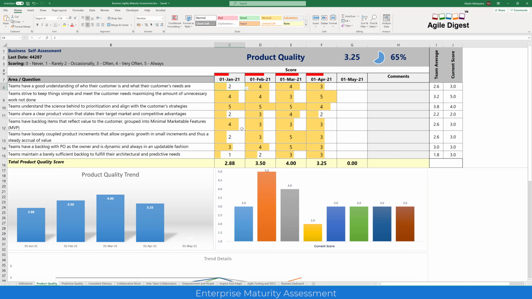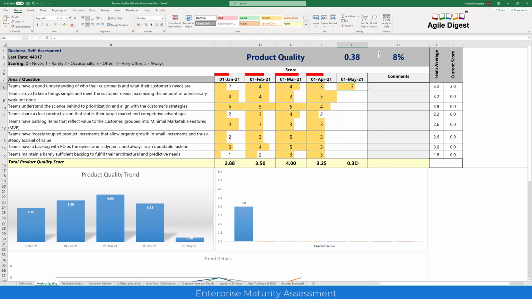And based on whatever you are selecting, for that particular measure, as of now we are working on product quality, it will show you the latest score. Over here, we have the latest score as this one. It will automatically detect wherever it gets the value. So if I select 3 over here, you can see the latest score changes from the previous one to this one because it has detected this is my last score. If you want to add some comment, you can add it over here. Or if you think, okay, no, we will remove it, then instead of marking it as 0, I'll just hit delete.